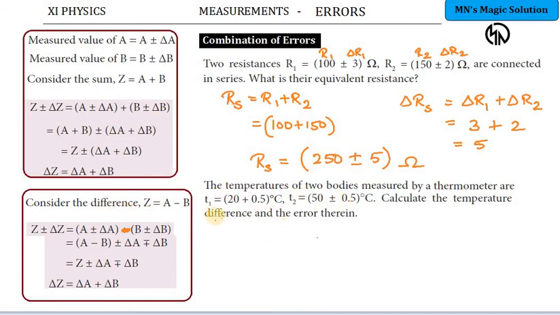See, temperature of two bodies has been given T1 and T2. Now we have to calculate the temperature difference and the error therein. So how is it you can calculate this part? The difference is nothing but T2 minus T1, which is equal to 50 minus 20, which is 30 degrees Celsius. Apart from that, the error part. Error part in the difference, if you take it as T, then the error is del T. So del T is nothing but equal to, you know that when you are doing the difference thing, in that case, you have to add there